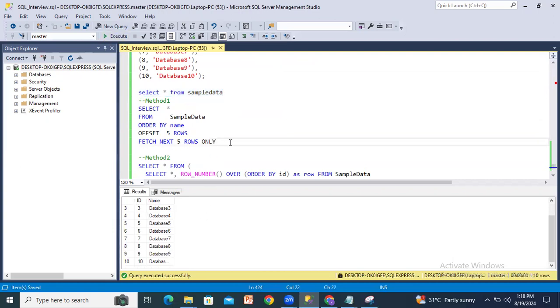The first method is to apply offset and fetch. So straight away we can apply this, there is no logic here. Select star from sample data order by name. Up to this point we know. So if I execute this with order by,